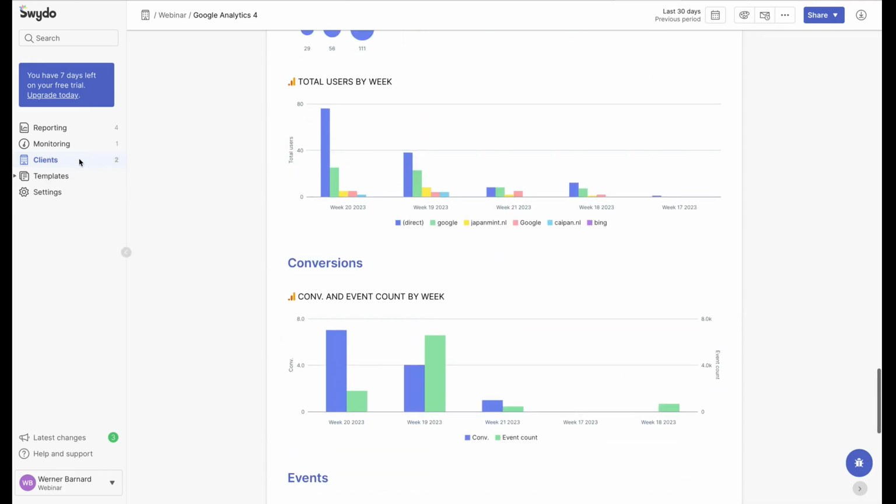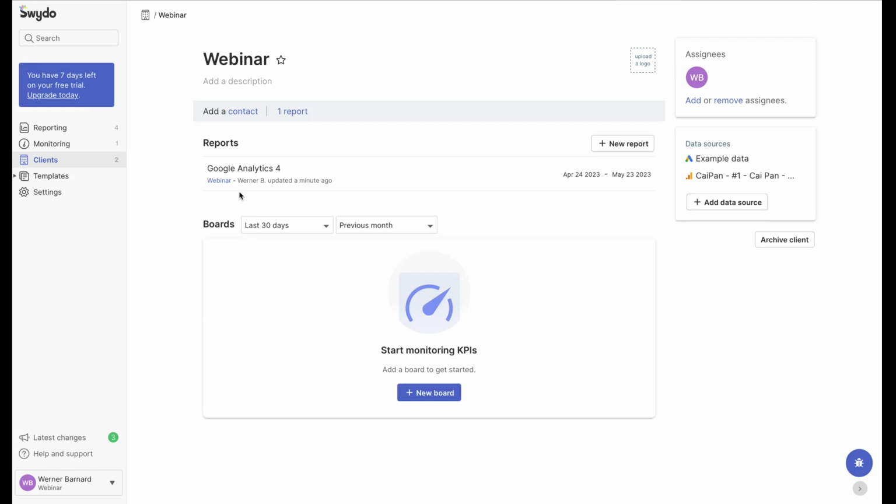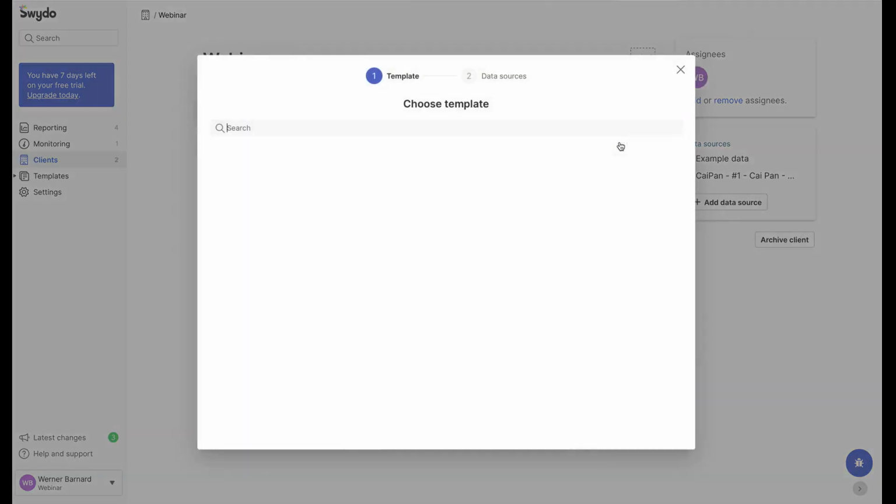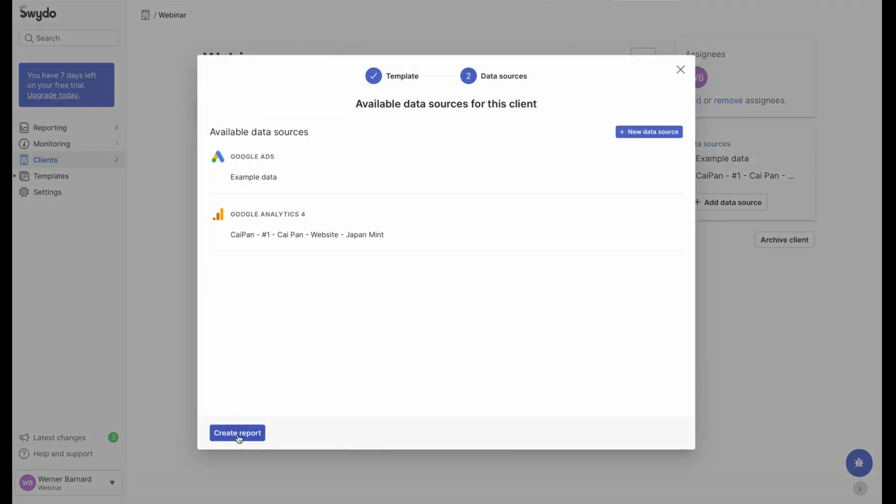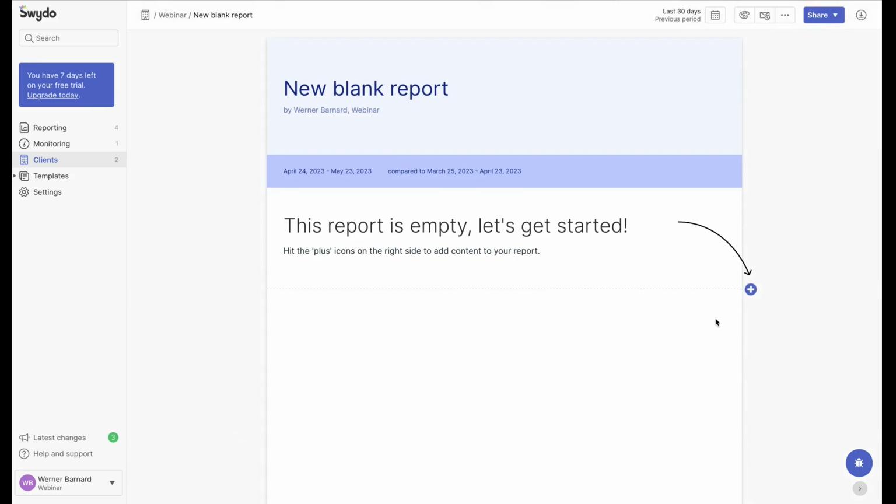So what I'm going to do for that is I am just going to start from scratch in a blank report. Create a new report, create new blank report, and then let's get started. So the first thing, if I want to add anything within Swydo, I'm going to click on the blue plus